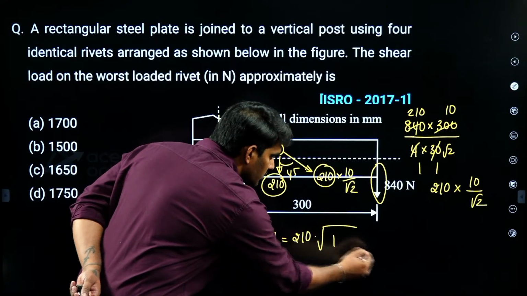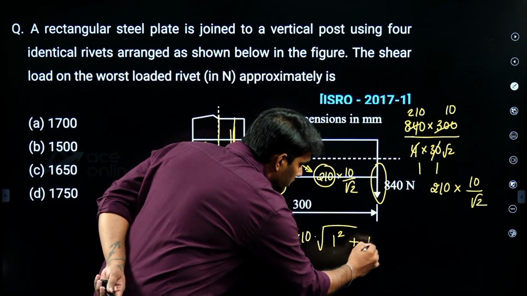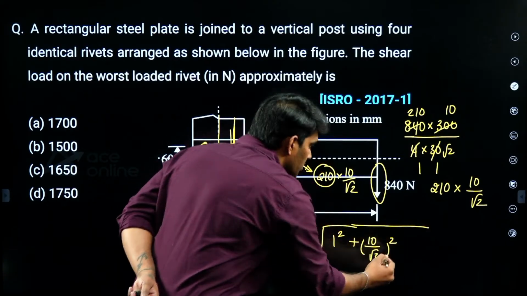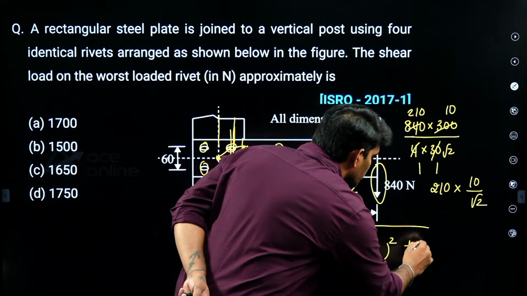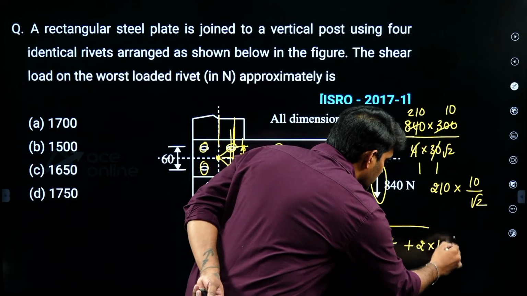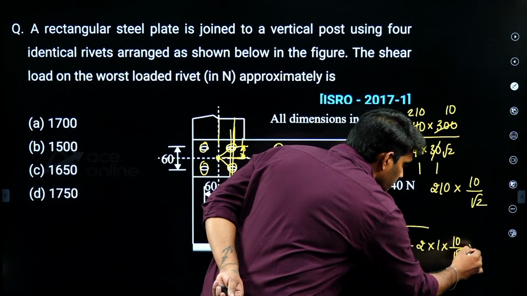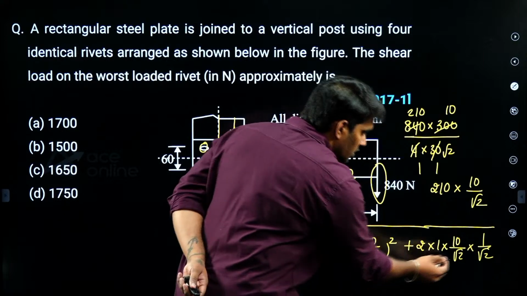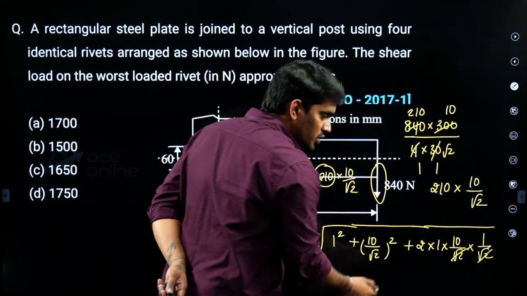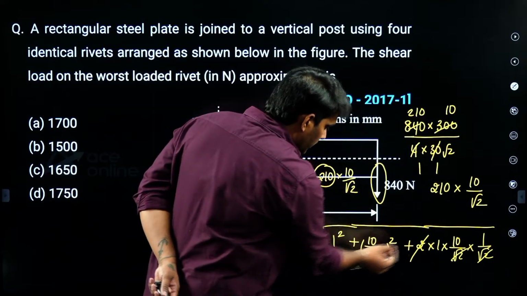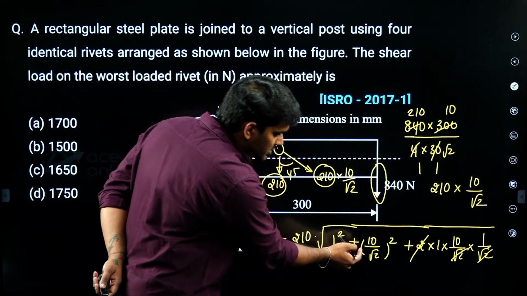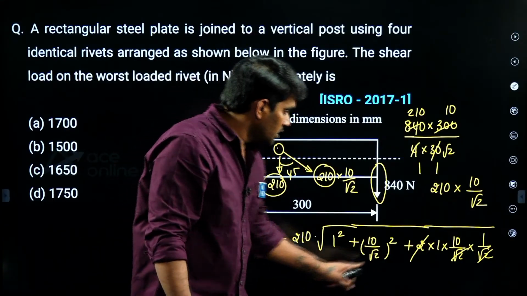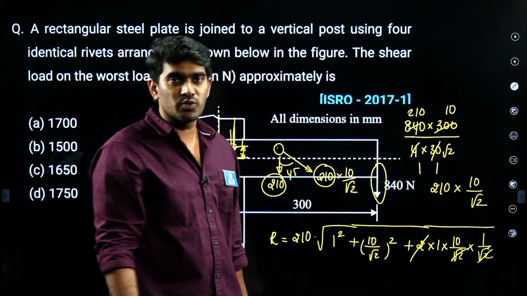1 is present, 1 square plus 10 by root 2 whole square, plus 2 into 1 into 10 by root 2 into 1 by root 2, cos 45 is 1 by root 2. Here you can notice that root 2 into root 2 is 2 and 2 cancels out, this is 10 and here this is 1. How much is this? 10 square is 100, 100 divided by 2 is 50, 50 plus 10, plus 1, so it is